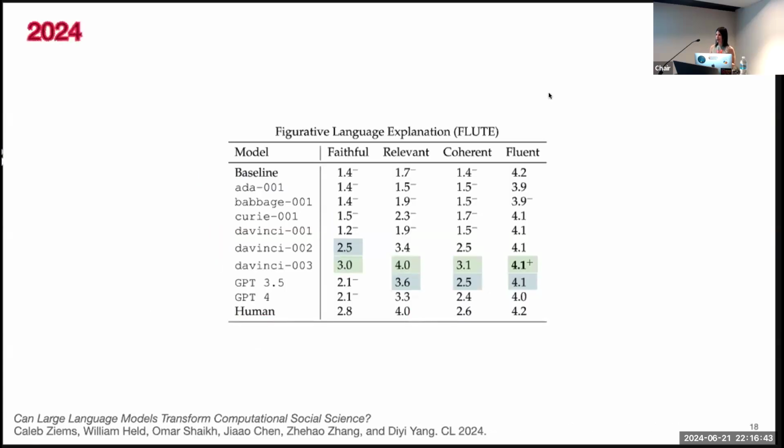And so I tried to find recent results on this dataset, and I found this. This is again from this CL paper, and it wasn't exactly in the setup of the task because they did a classification task for the types of the figurative expressions, but they did work on the explanation task. And so they showed that despite the models' mediocre performance on classifying expressions by type, on the explanation task, humans judge the explanations from GPT-3, GPT-3.5, and GPT-4 as very good. So that's interesting.